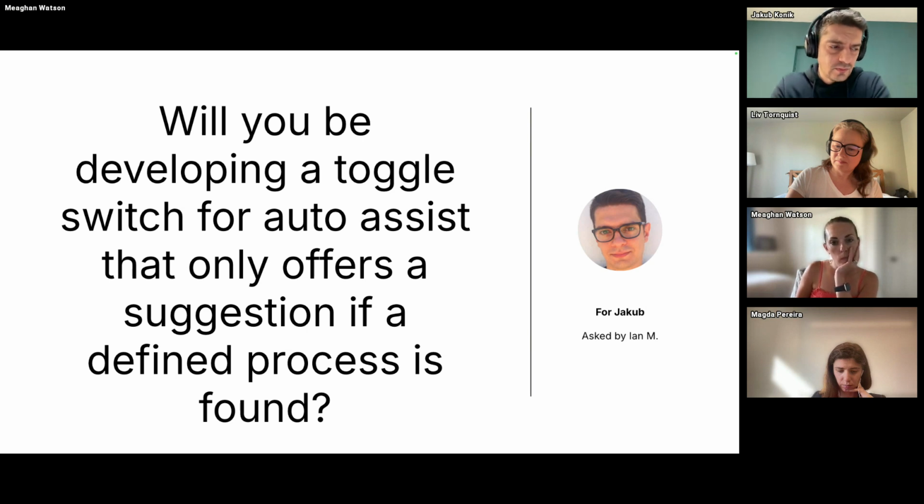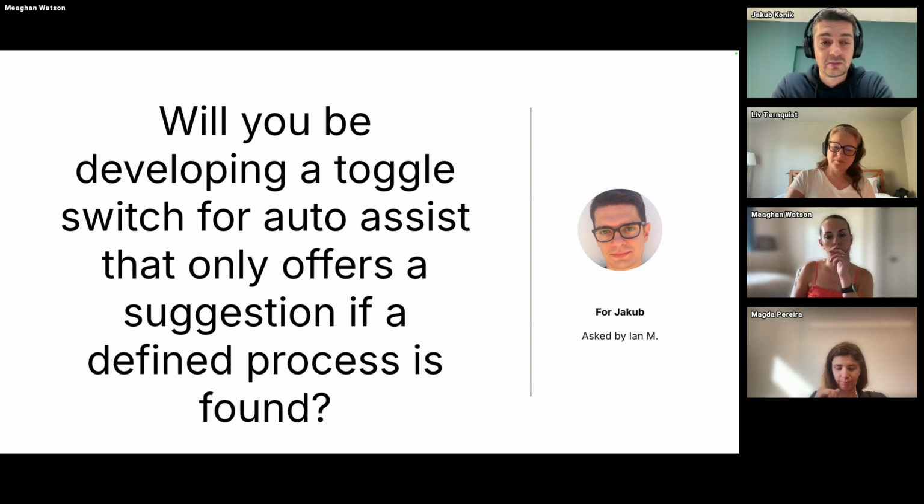And we are also looking into other ways to minimize the amount of cases where Auto Assist is trying to help, but it really shouldn't. It should just say, hey, I don't know how to help. So this is a pretty complex problem, but it's a problem nonetheless. And we have to make this better. We're looking into multiple potential solutions, but we're starting with intents.